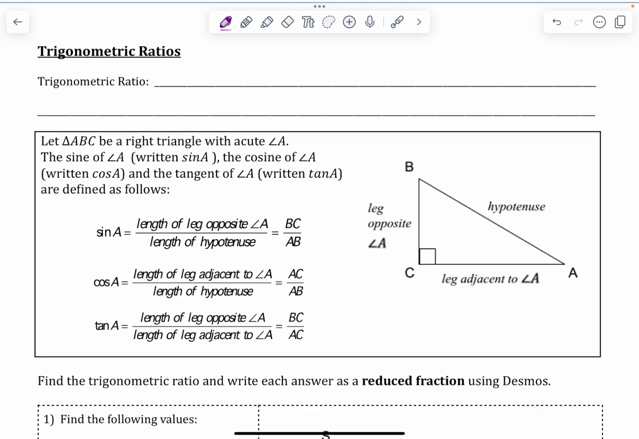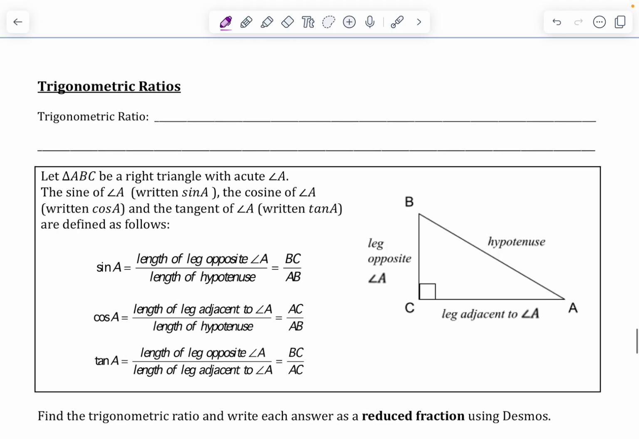All right, this is when we talk about trig ratios. A ratio, guys, is a fraction. So ratios are our fractions. A trigonometric ratio, that's a huge word, I like to say trig ratio because sometimes it's hard to say. A trig ratio is just a ratio, or a fraction, of two sides of a right triangle